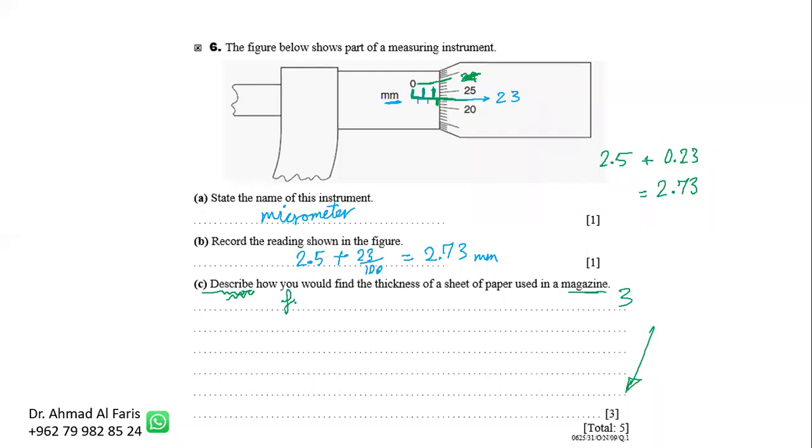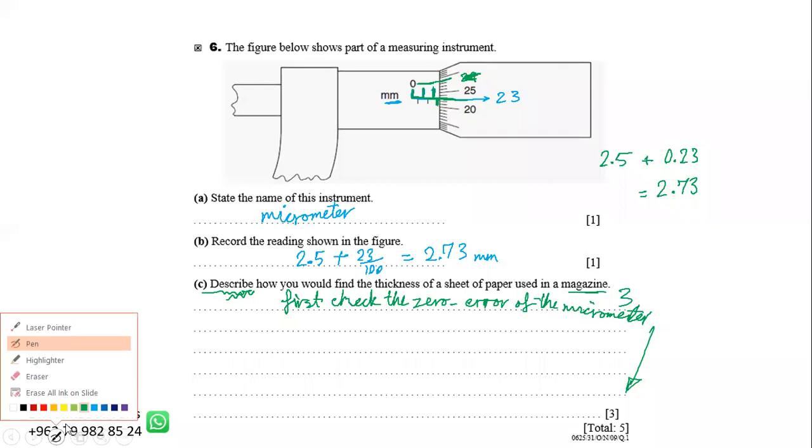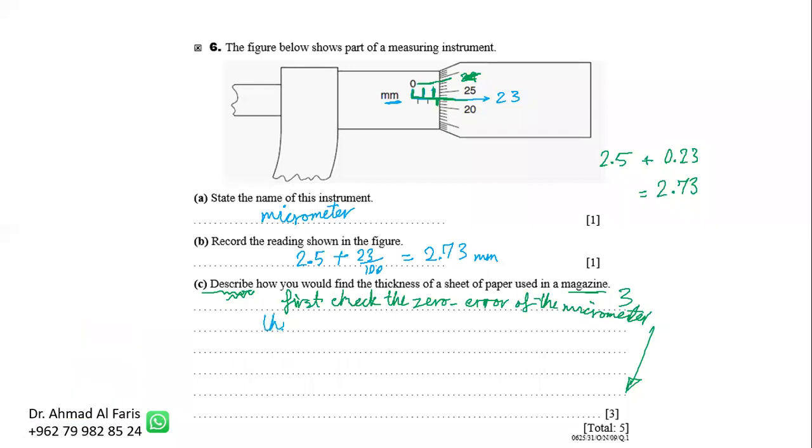إذا أول شيء first check the zero error. Check the zero error of the micrometer. Micrometer. هاي أول علامة. Then what? Then measure the thickness of